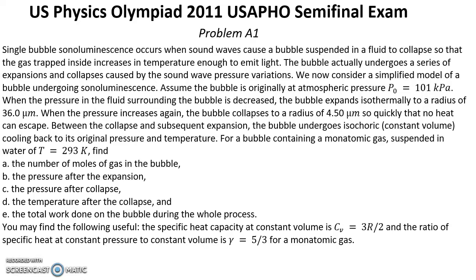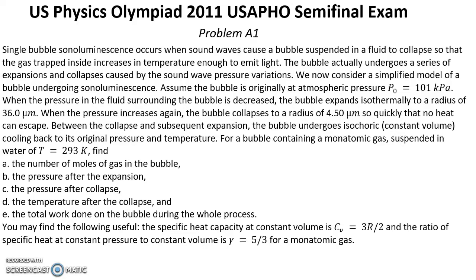When the pressure increases again, the bubble collapses to a radius of 4.5 microns, so quickly that no heat can escape. Between the collapse and the subsequent expansion, the bubble undergoes isochoric, constant volume, cooling back to its original